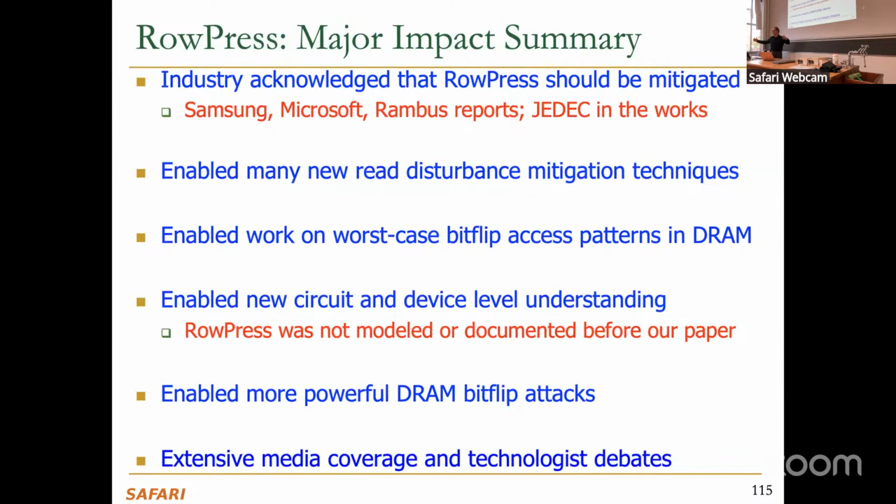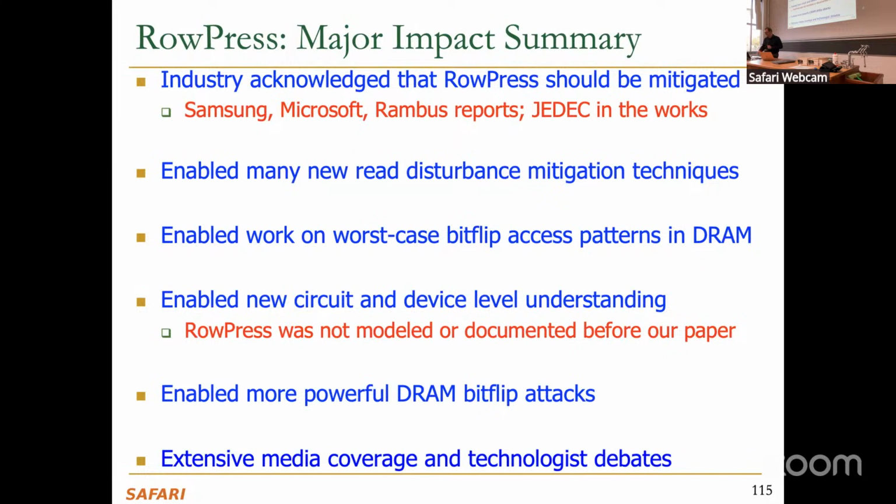That's very, very difficult to figure out exactly. So you cannot exhaustively test the space easily. So this is an open question right now. What is the worst access pattern to induce bit flips in DRAM? It was less open before. So right now, especially if you're doing this from a CPU perspective, you're writing a program, that's also very difficult. What is the worst case is very difficult to do. But even in an FPGA, you have complete control in terms of how long you keep a row open, which rows you activate, etc. Even then, we don't know what's the worst access pattern. How do you combine RowHammer and RowPress, for example? So we have a paper on that, but that's not the worst case. We just show that it's worse than what was